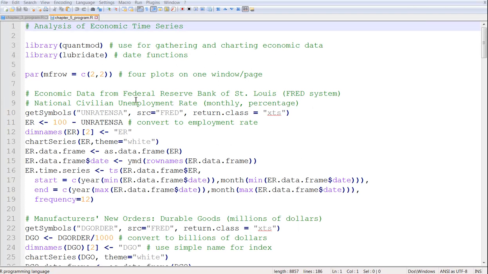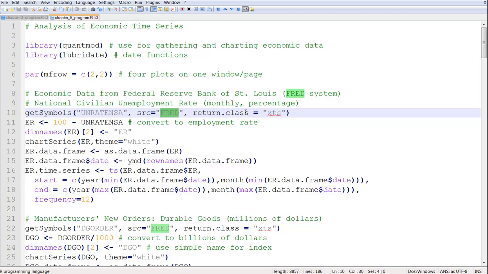Okay, so let's take a look at some of his code first. He's going to use both of these libraries, so you're going to have to put this one in as well. We didn't do that one, but it's for using dates. And we see here that he's going to make a plot that has 4 plots on one window page. Then he's going to use getSymbols, which we just saw how to do. And this is it, and the source is here.